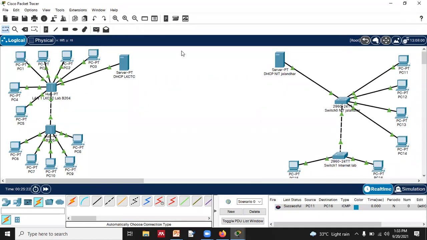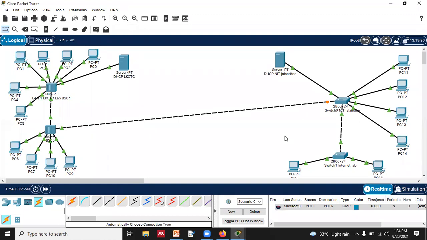Now, what if we want to connect these two? So one of you will say, sir, directly, there is no port left in this. Now let's check. In this, it is again not left. So what I will do is delete one of the devices, nothing else, to make an extra port for connecting. So if I am trying to connect from here,